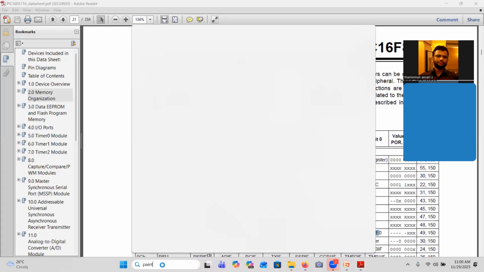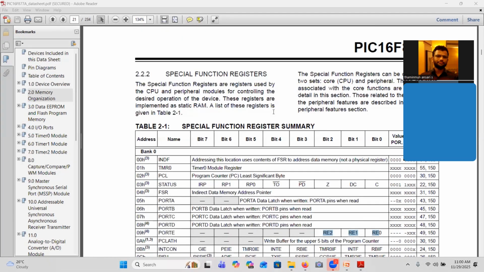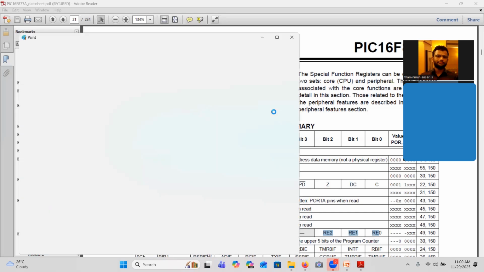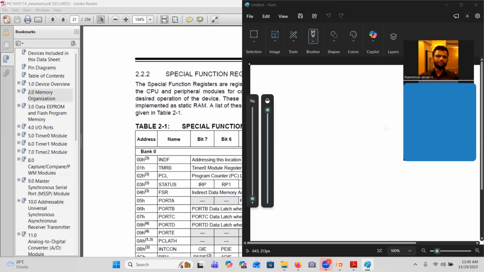First of all, these registers are configurable. That means we can multiplex them. The port A pin can be used as an output pin, and it can also be used as an input pin. So we can receive digital input as well as send digital output. Both are possible. If that is the case, first of all, we have to define whether we are going to